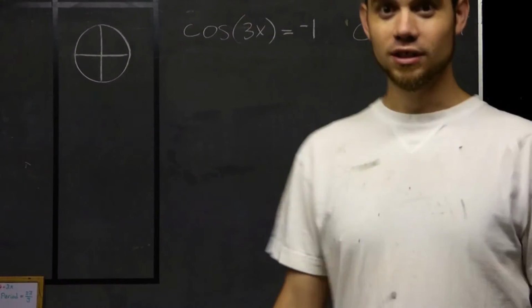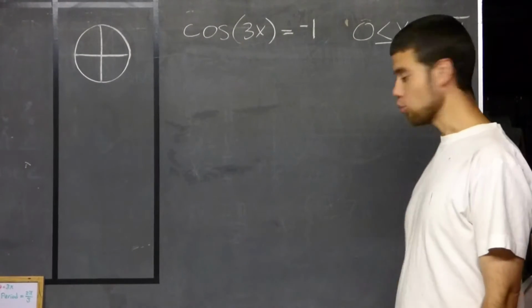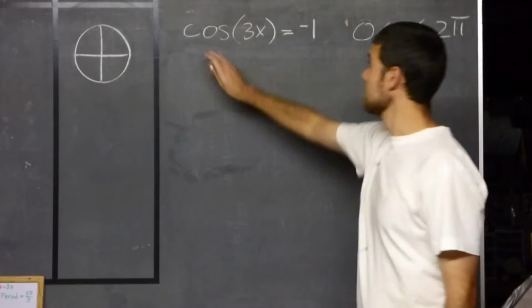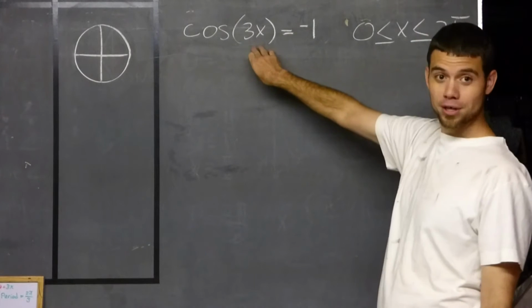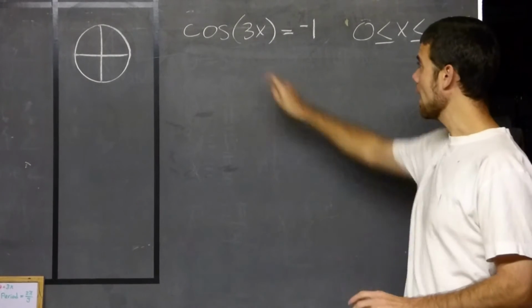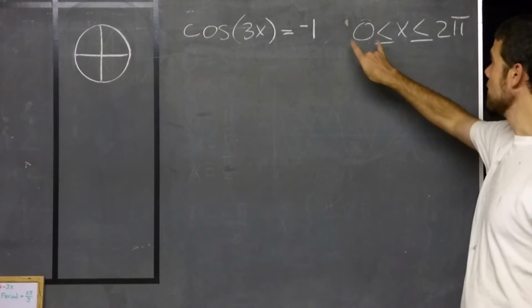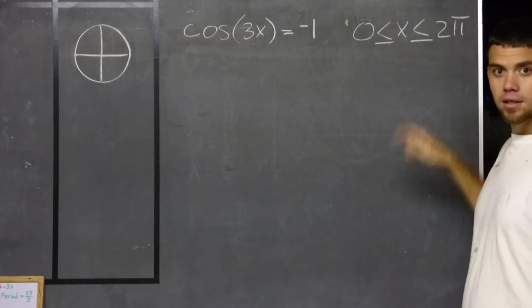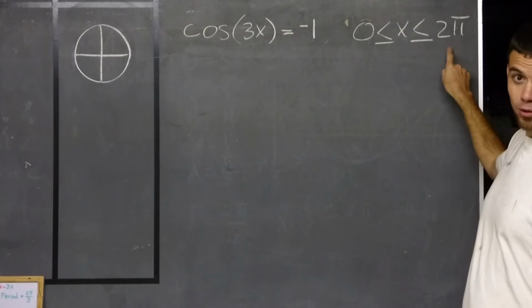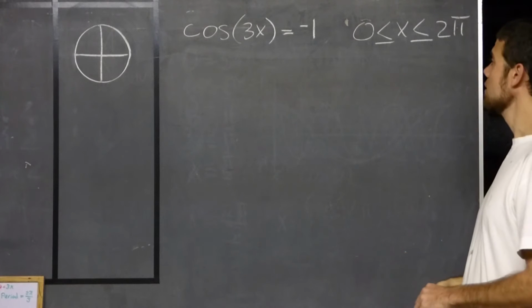Alright, so today we're going to solve this trigonometric problem. It says that cosine of the angle 3x equals -1, and we want to solve for x within a constrained domain from 0 to 2 pi. Now, 2 pi shows us that we're looking at angle measurements in terms of radians, so